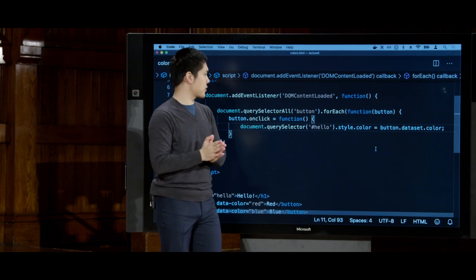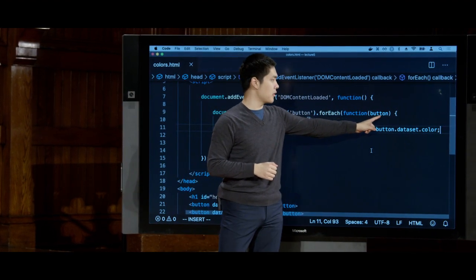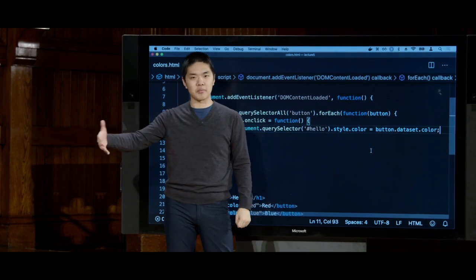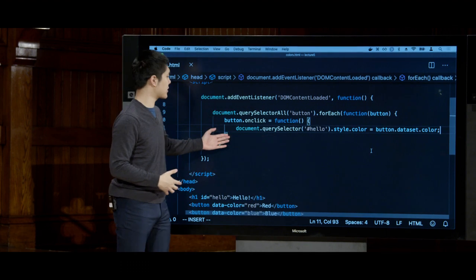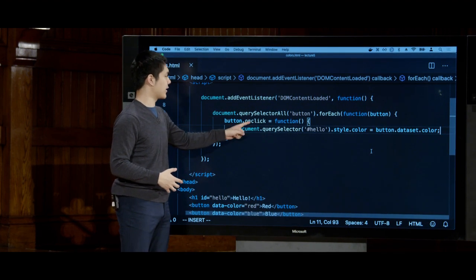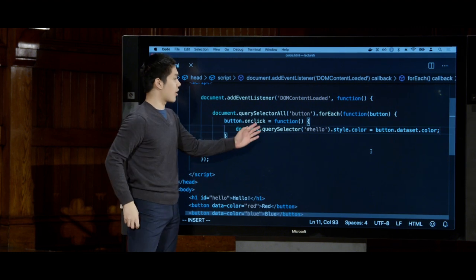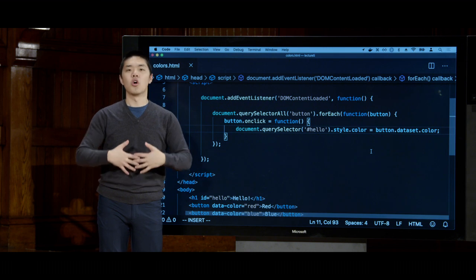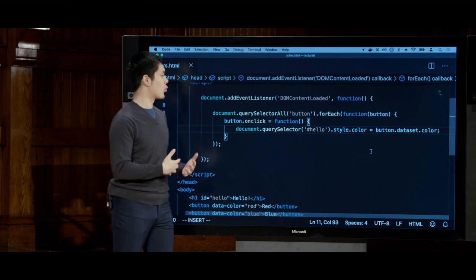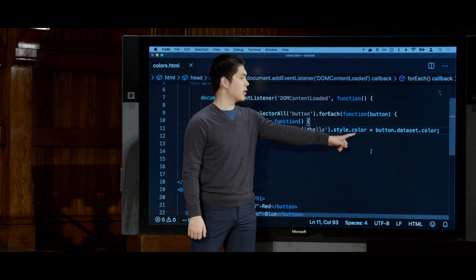And what is that function? Well, it's this function here, a function that takes as input the button. It's first going to pass in as input the first button, then the second button, then the third. And what this function does is it adds an onClick handler to the button. It says when the button is clicked on, go ahead and run this other function. And this function now is the function that will run when the button is clicked on. To say, when the button is clicked on, get me the hello element, change its color to